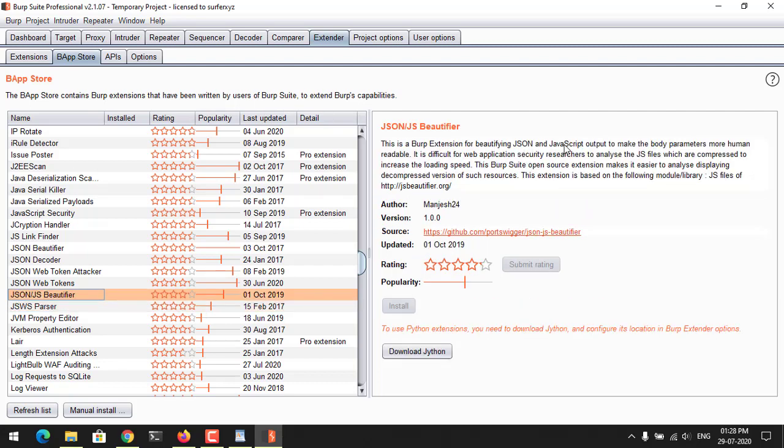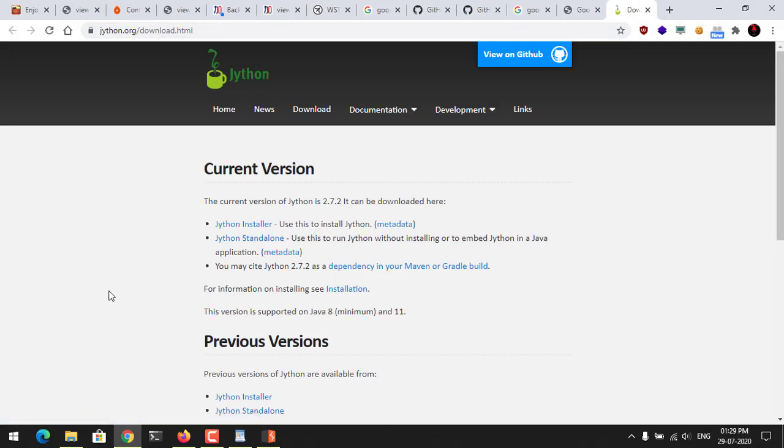So here you can see a JavaScript output to make a. So we will be needing Jython. So we'll download it quickly. Jython is nothing but the packaged version of. We'll install a standalone version. We need to place it somewhere.